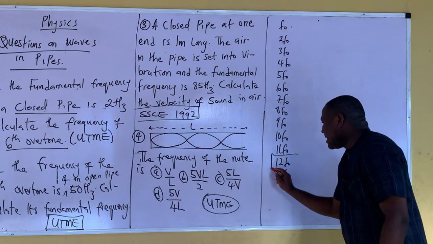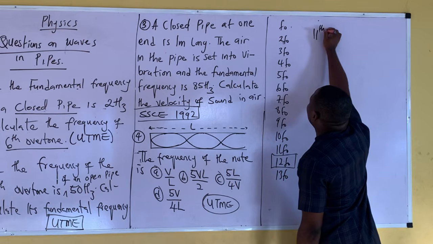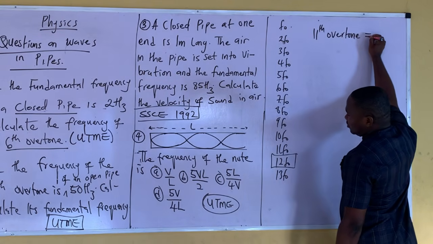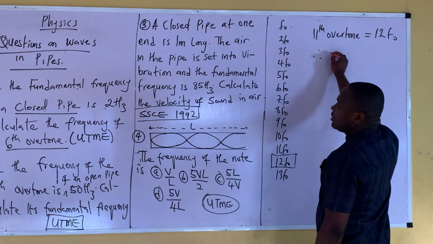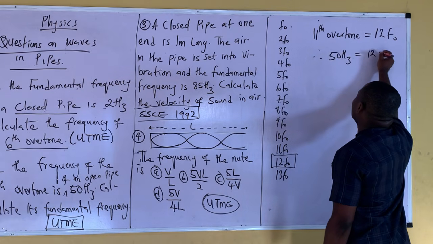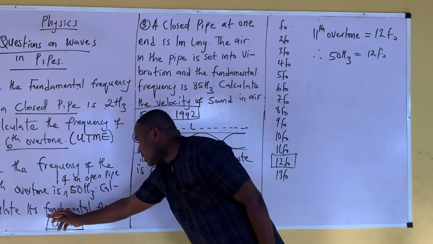So this is the 11th overtone, which equals 12F naught. Therefore, we have 50 Hz equals 12F naught,